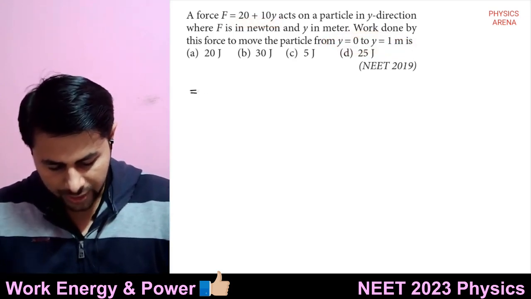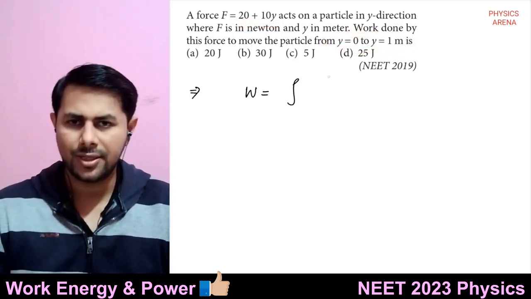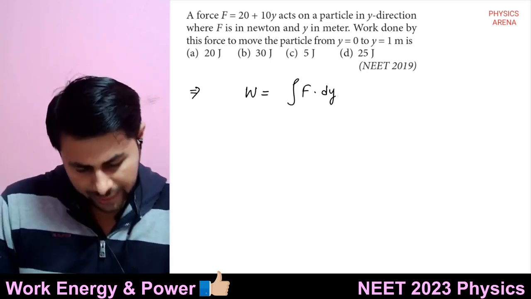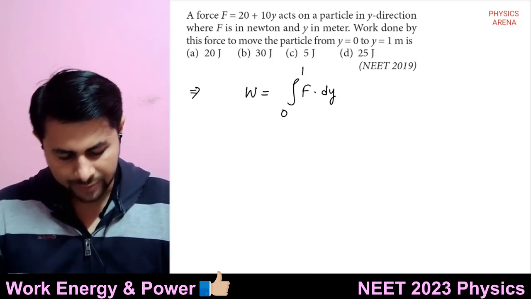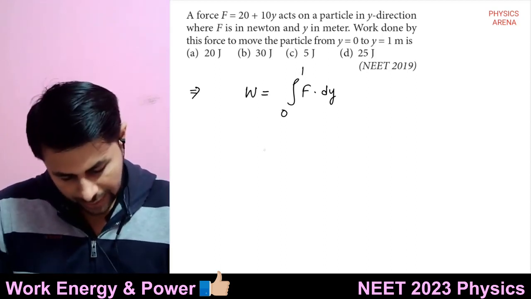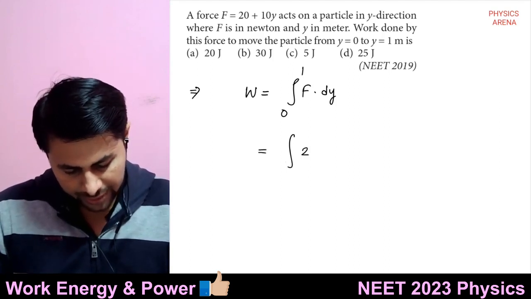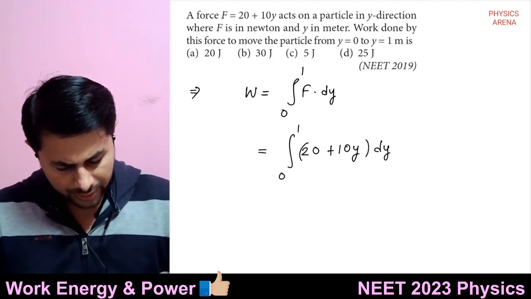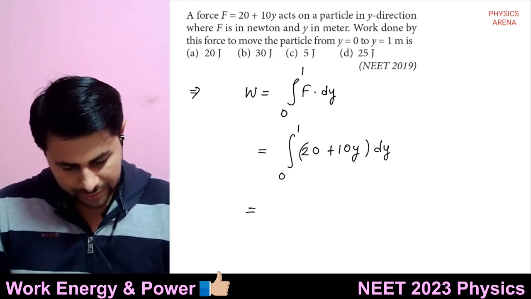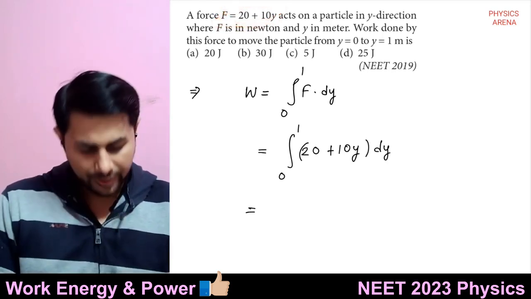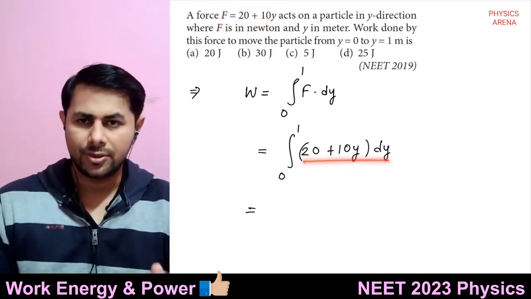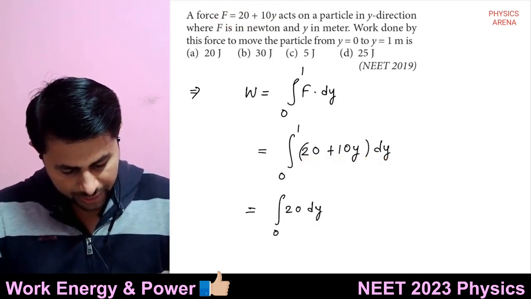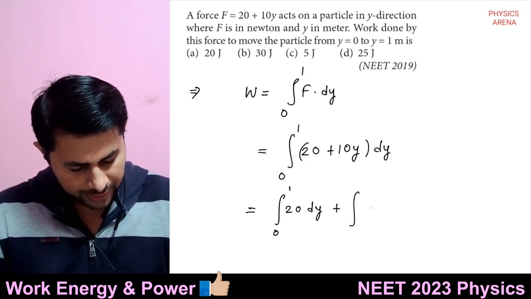Okay, so the work done is equal to the integral of F dot dy, right? From y equals 0 to y equals 1. So from 0 to 1. And it is equal to the integral of 20 plus 10y dy from 0 to 1. Okay, so that's the value of force only, 20 plus 10y. And you can separate this into two integrals. So it is 20 dy, integral of this from 0 to 1, plus the integral of 10y dy